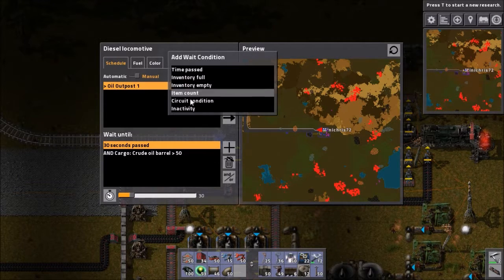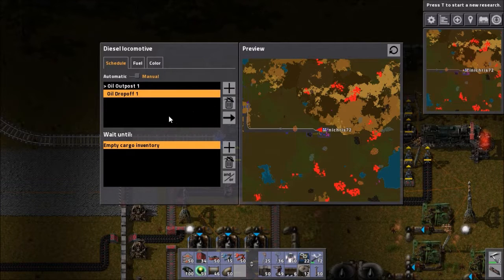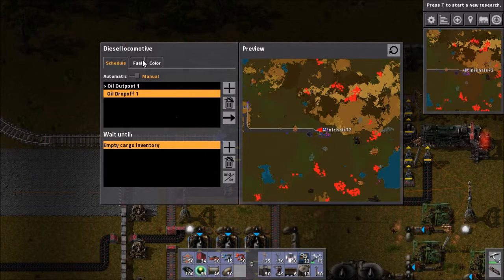So what we want to do here is wait till the inventory is empty. So when the inventory is empty, then the train will come back. And that's essentially all we need to do. As soon as it's empty, we can just bring it back. If it's not empty, we don't. It doesn't need to be there. But then we can do another one with the